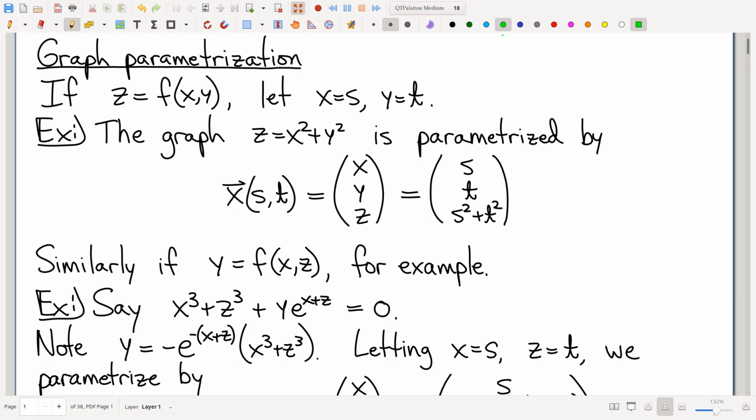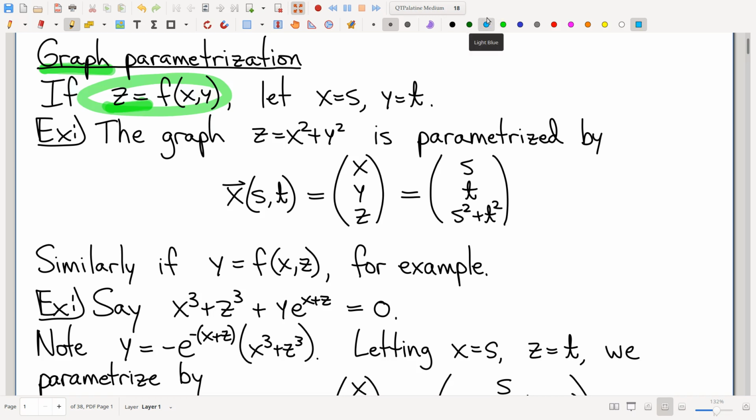We had a graph parameterization for curves. And we have a graph parameterization for surfaces. So assuming that you have a graph, and this is a graph right here, because we've got one variable written as a function of the other two, this only works for graphs. It's one of the several reasons why we have to be super clear on the difference between a graph versus a level set or an equation or a picture, various different things that very often get conflated. So we've got to be super careful about that. If you have, strictly speaking, a graph,